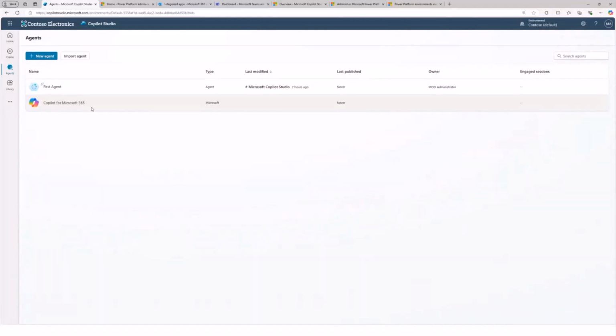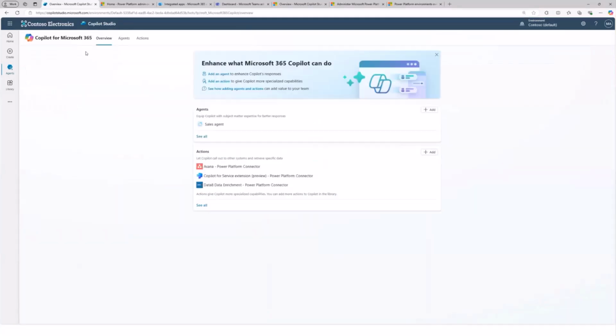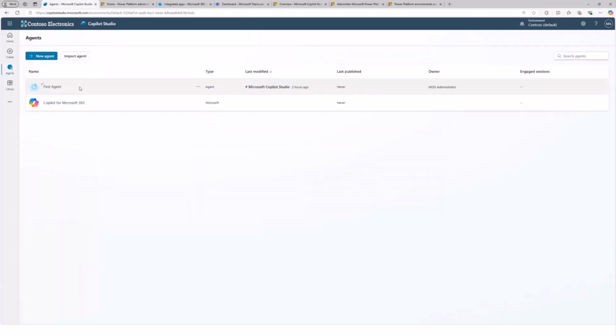So this is the Copilot that we provide, and as part of Copilot for Microsoft 365, you can also go ahead and create agents for it, and those will show up in the context of Copilot for Microsoft 365. Otherwise, you can also create your own custom agents that you can host at various channels, right? So we'll look into that.